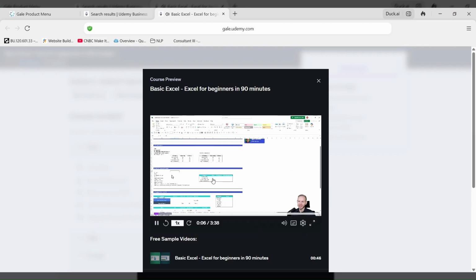Welcome in the next lecture where we explain what a cell is. Most people have an understanding that on the top side, with the ABC, we have columns. On the left side, we have rows. Excel is one big table. So a cell